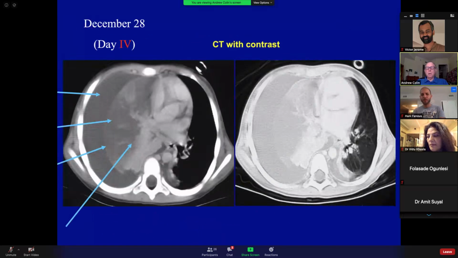Here is an example. This is from the era where we knew little about necrotizing pneumonia and had serial CT scans to try to understand the process, because this patient was so sick that we thought that she would die on us. So here is day 4. This is a CT scan with contrast, and the reason to do contrast in these cases is because sometimes you will lose the line of the pleura. What you can see in this case is a collapsed or infiltrated lung with pneumonia.